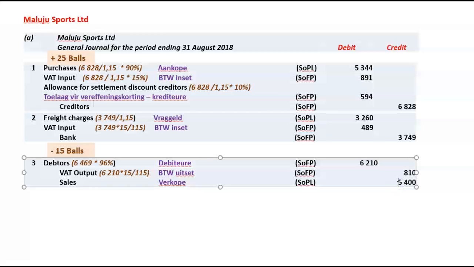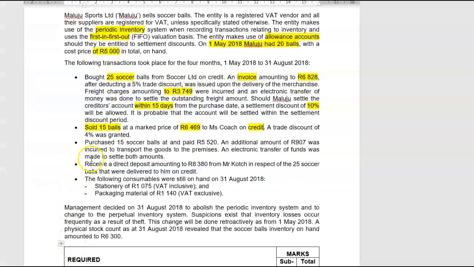They don't tell you anything about settlement discounts or expected settlement discounts, so therefore the full VAT exclusive amount will go to sales, and the difference between the invoice amount and the sales amount will be your VAT output for the period. Next one. Here we purchased 15 soccer balls and